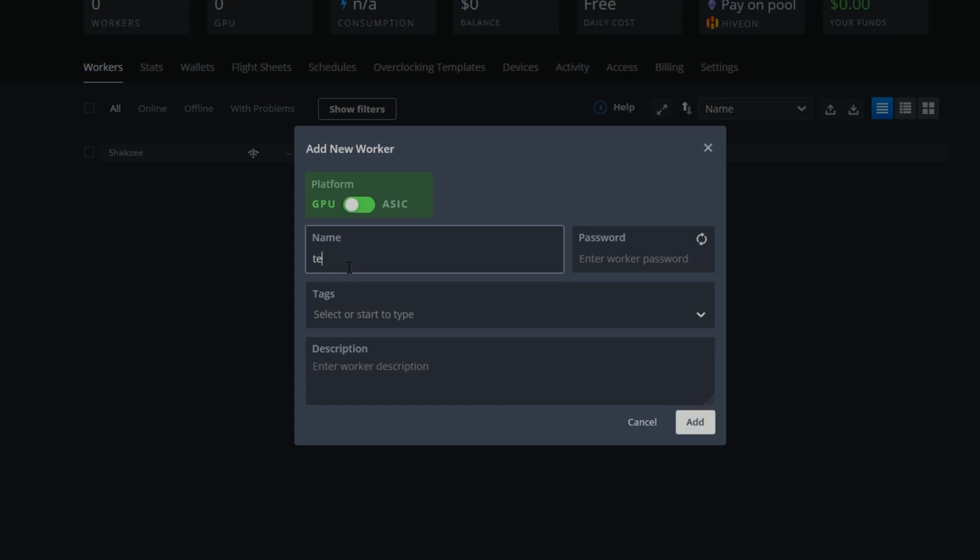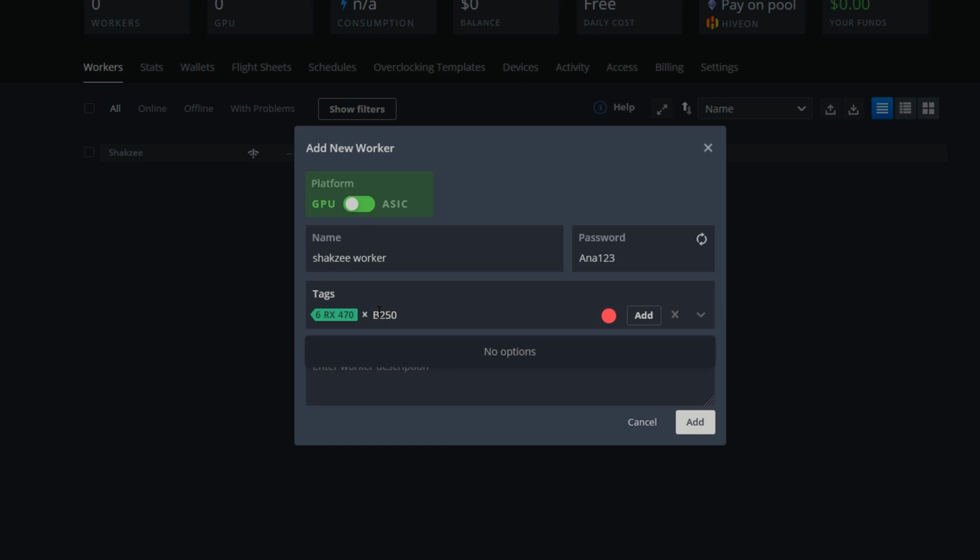Okay, now I am naming the worker ANA123. You have to give your tags and also the description. Let's suppose you have 10 rigs and your first rig is using AMD, so that's why you have to use the AMD RX 470. Let's suppose you have 6 RX 470 cards, and you can create as many tags as you want. I have already created RX 470, and I'm using the RX 470 on a B250 board. So I'm saying B250